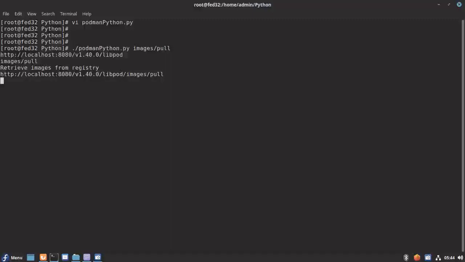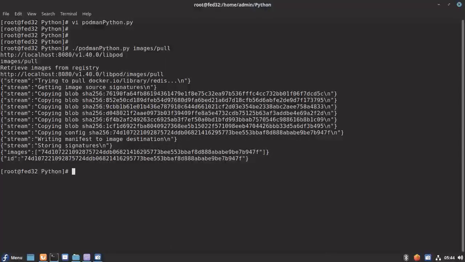Okay, basically to pull an image, we need to pass the image name. So that is going to be the data that we are going to post in the URL. So until now, whatever we have tried to do, like list out the images, list out the containers, or get the information from the Podman system like info, all these API calls were GET requests.